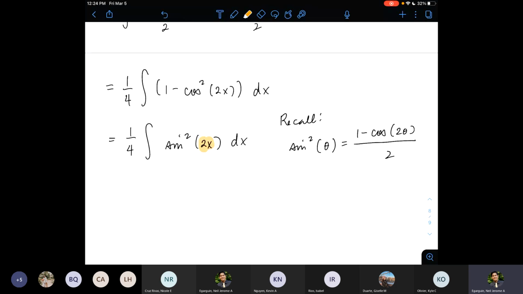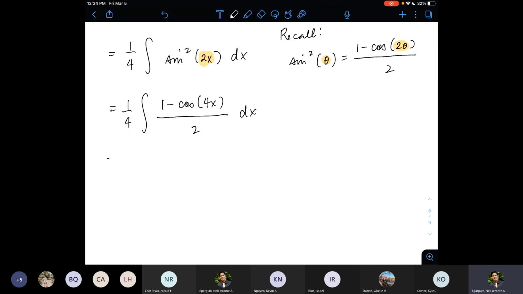So if I apply the half angle identity, theta will be replaced by 2x. So the 2 theta there would be 4x. So essentially, this would be 1/4 integral of 1 minus cosine of twice theta. So that will be 4x all over 2 dx. Then this would be a 1/8 integral of 1 minus cosine of 4x dx. At this point, I can let u be equal to 4x